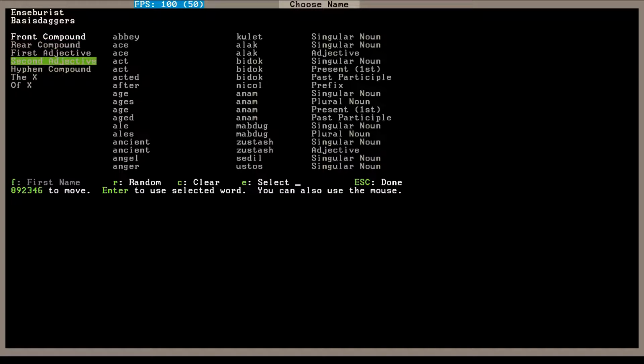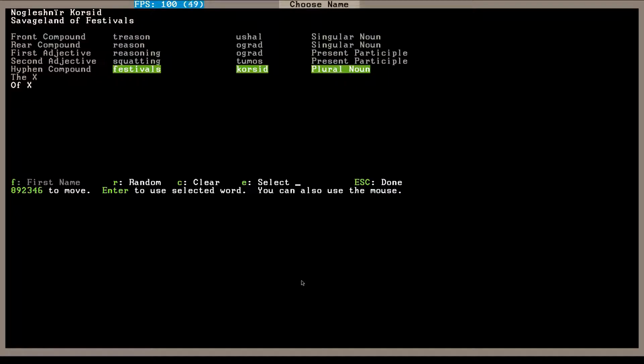That's the most important part. Let me think about it a bit. So here we are. I think I've found quite a satisfactory name. Savageland of Festival. Nogalesh near Corsid. Now, my reasoning behind that is that we are settling in the Savage Land, and since we're gonna be part of the civilization of the Syrups of Time, who are a civilization that reveres festivals and seasons, I think it's just fitting that festival be part of our